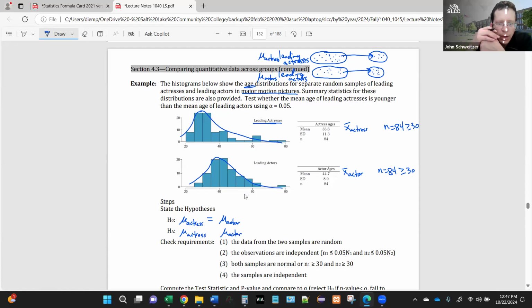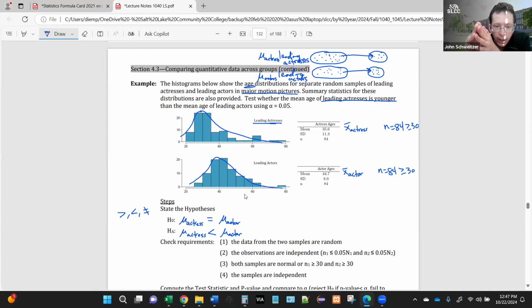So that's what the alternative hypothesis is, that there's some inequality here. Okay, and so which one is it? Is it greater than? Is it less than? Is it not equal to? Typically, the default is a two-tailed test. So if you didn't watch a lot of movies and you weren't really thinking about this very much, you'd probably just want to do a two-tailed test. But it does say that we suspect it's younger, right? So that word there, younger, is pushing us towards the left-tailed test, right? Okay, so